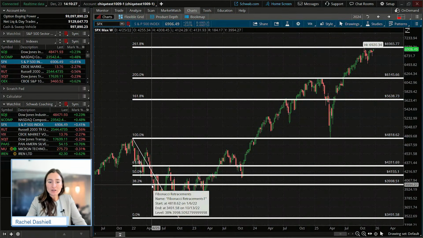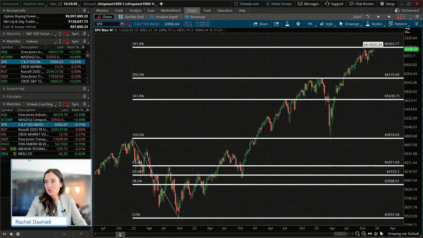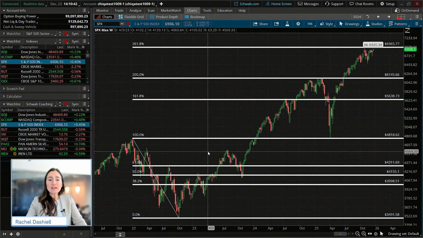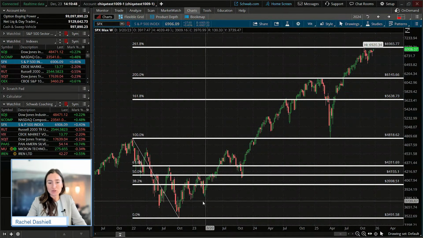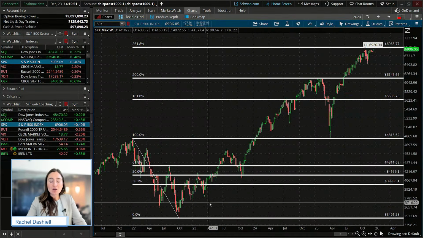Now, if you're using this drawing tool for the very first time, you may actually see a couple extra levels here in between the 100 and the 61.8, which is that 78.6% level. And you may see another level down here, which is the 23.6% level. So if you do see those, keep in mind, a lot of traders do actually hide those in the drawings because they show typically a very shallow level of a pullback or a very deep retracement with that 78.6%. So a lot of traders actually avoid those.